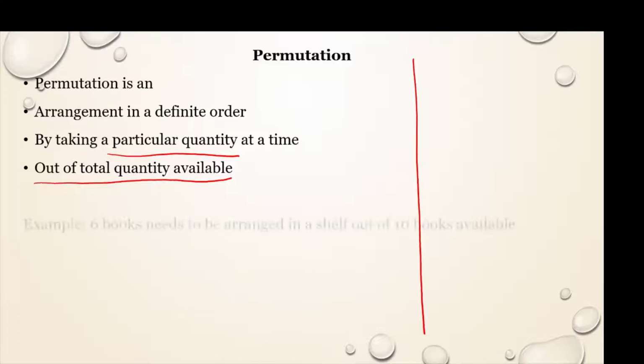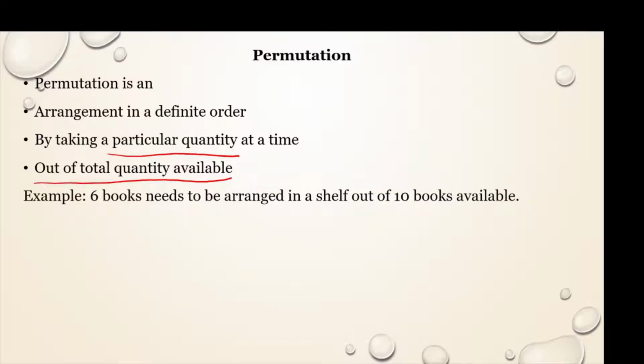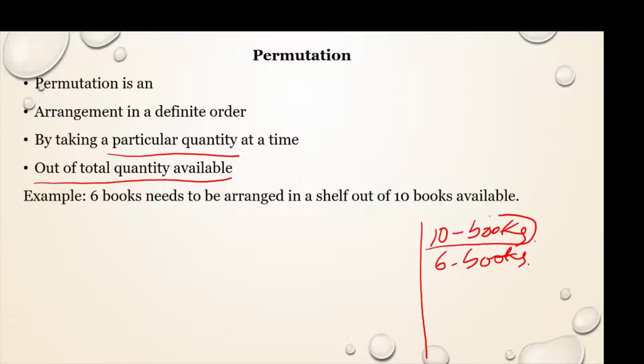Let us understand this with an example. For example, 6 books need to be arranged in a shelf out of 10 books available. So there are 10 books available, but not all 10 books, only 6 books we will arrange in the shelf. So here the total quantity is 10, and the particular quantity which we are going to arrange is 6. So in permutation we say n equals the total quantity, that is 10, and r equals